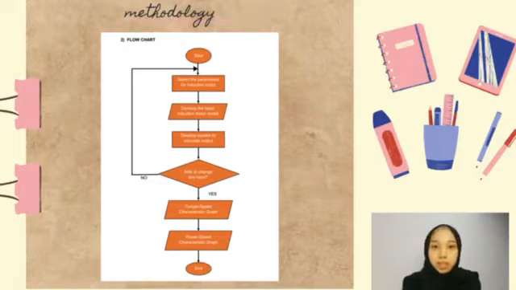In methodology, we have used a few methods to get the results that we want. First, we use manual calculation, and second, we use software, which is Microsoft Excel, to tabulate the data and get the graph that we want. As you can see, this is the flowchart that we use from the start of our project till the end. We start the project. We select the parameters for induction motor. For the parameters, we select within the range that had been given by our lecturers.